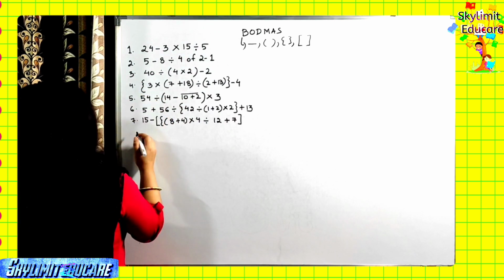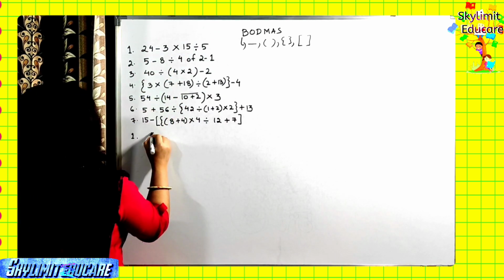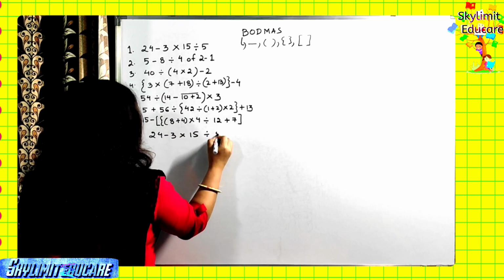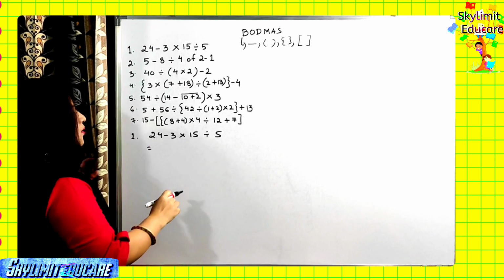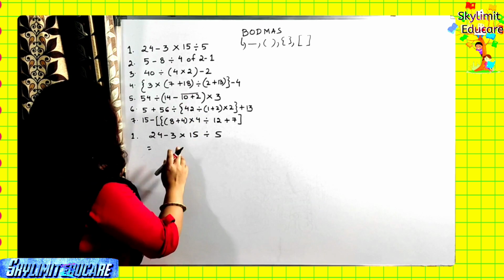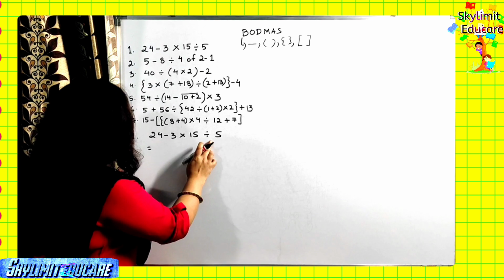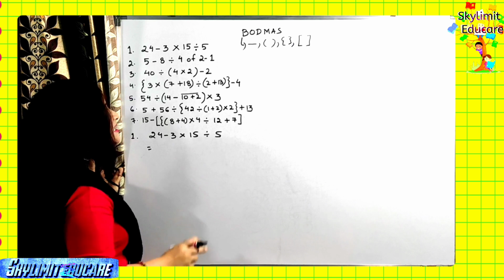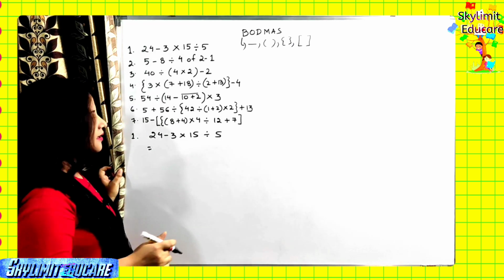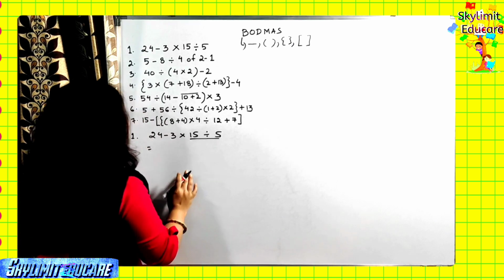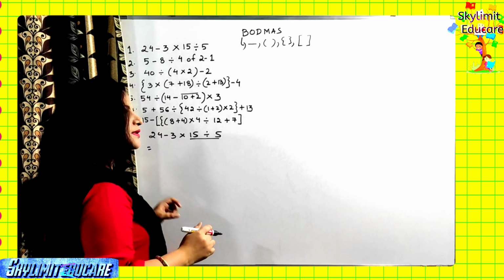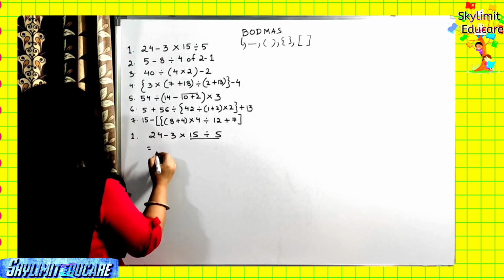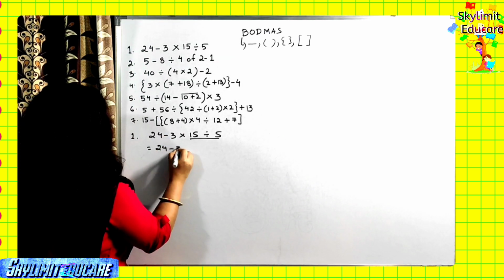The first question, as you can see over here, is 24 minus 3 multiplied by 15 divided by 5, right? So now students, let us follow the BODMAS rule. We don't have any bracket or of here, but we do have division, multiplication, and subtraction. So as you can see here, we can follow the DMAS rule. That means first the division, right? So where do you have the division? Here. So we will solve the division. So step by step, try to solve each and every number step by step. Okay, so now let's just copy down the question.